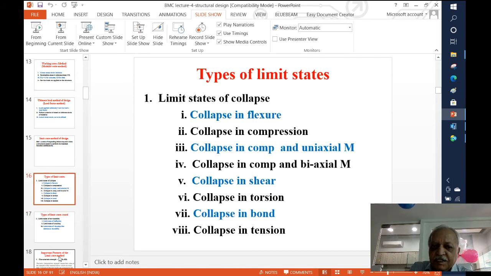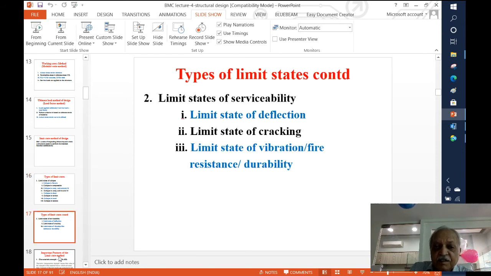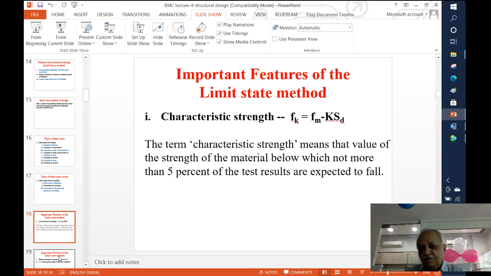So you have got limit state of collapse, that failure against collapse is to be prevented due to various causes, and failure against serviceability, that is its functional requirement, must also be satisfied. So all these criteria are required to be incorporated in your design process, and then you will say that your structure is designed for serviceability as well as for collapse. Okay, so we can now say that we are ready with the basic concept.